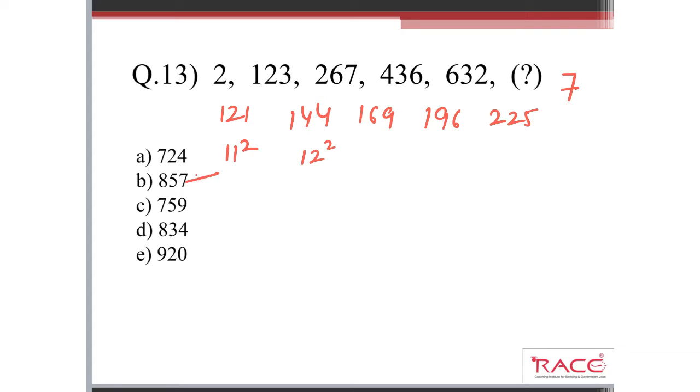We can easily see 7 in only option B. You can confirm the answer. 5 to 7, 3 to 5, 6 to 8, 857. But in final examination you don't have that much time, so sometime you have to eliminate the option. So easily we can see the unit digit is 7. Here we have only single 7 in option B, so no need to find out the whole complete answer. Okay, so this is the answer.